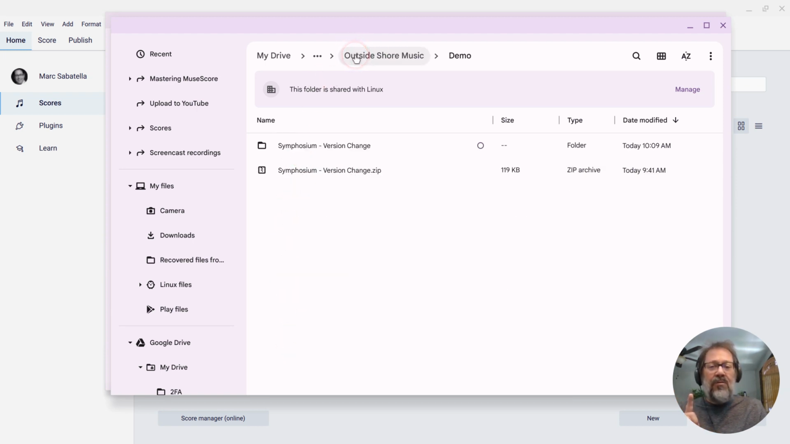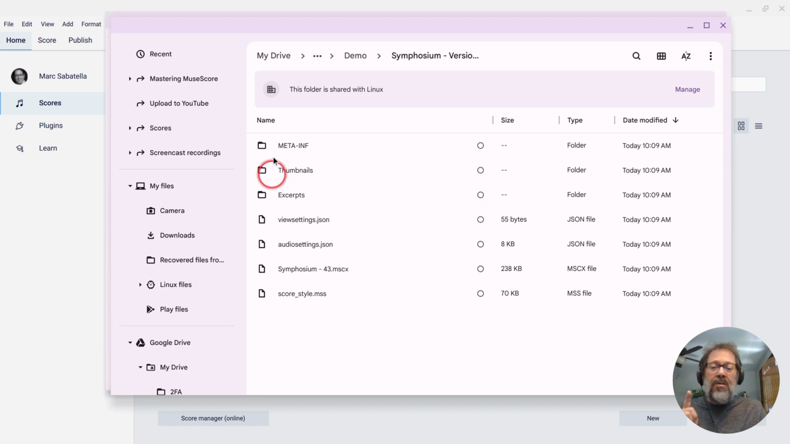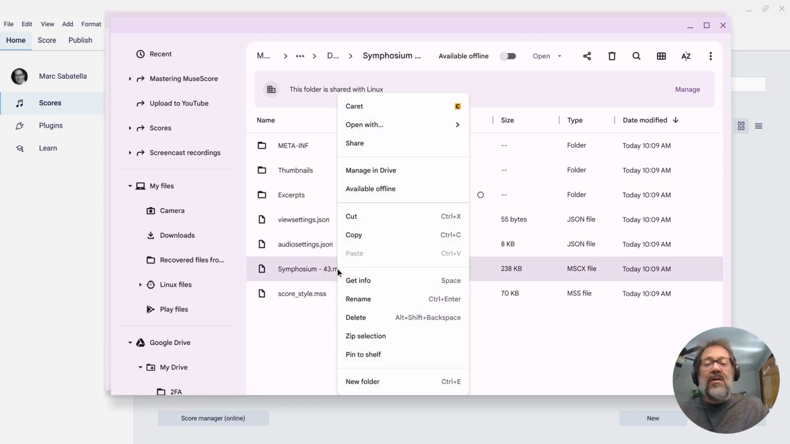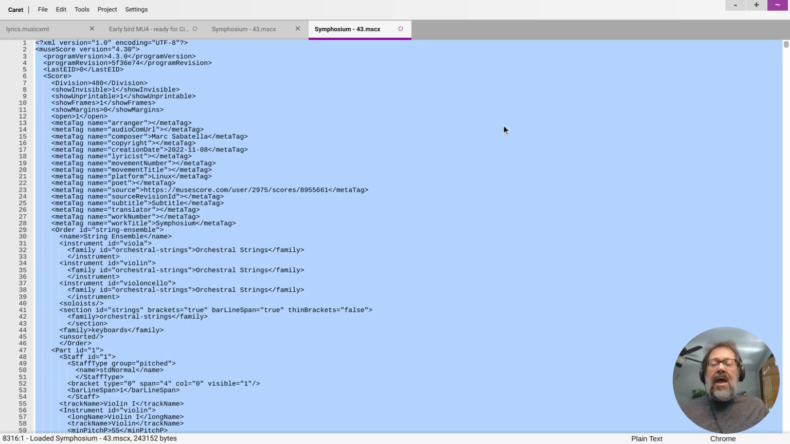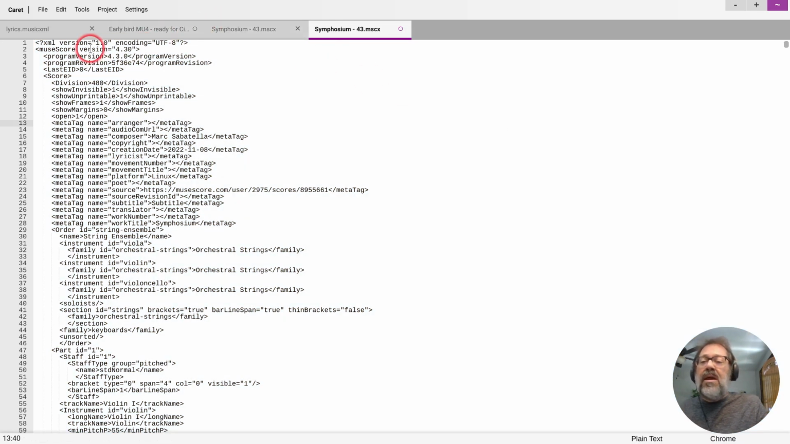Let me go back up to the folder I was in. Here's my zip file. Next to it, you'll see a folder. And in that folder are these various files. What I want to do is edit the MSCX file within that folder. I'm going to say open with, and use my text editor. I have a text editor called Caret on Windows. You'd probably use WordPad. And now that that file is open, at the very beginning, you'll see MuseScore version equals